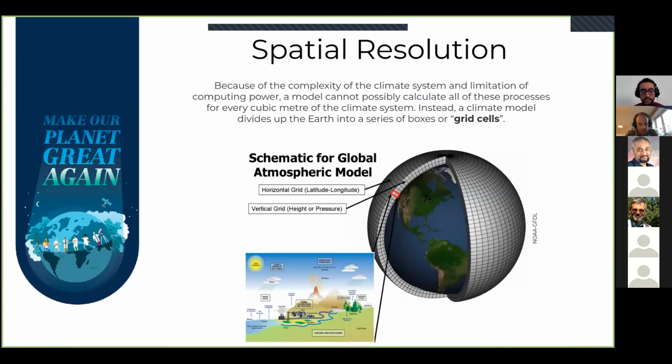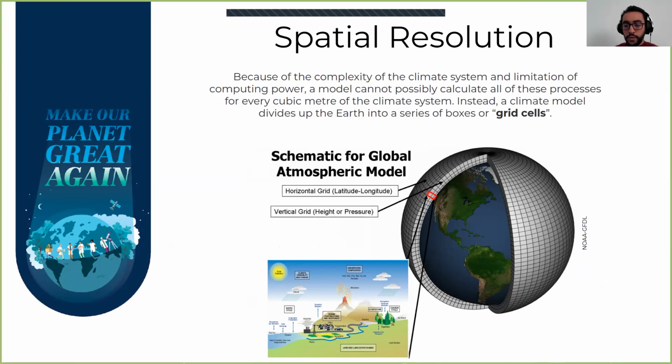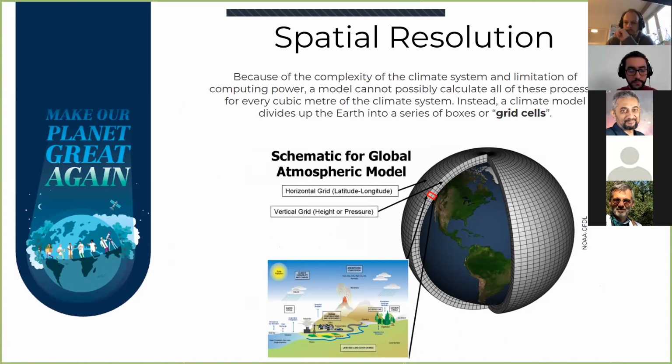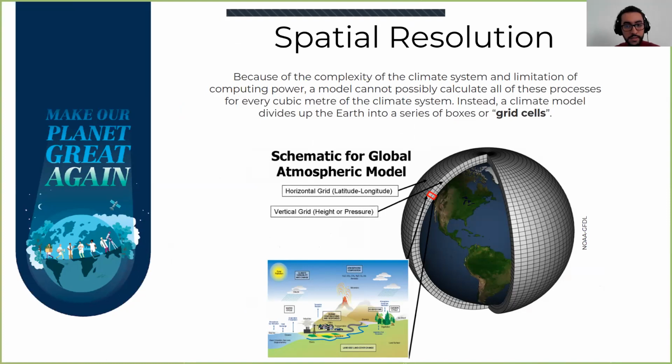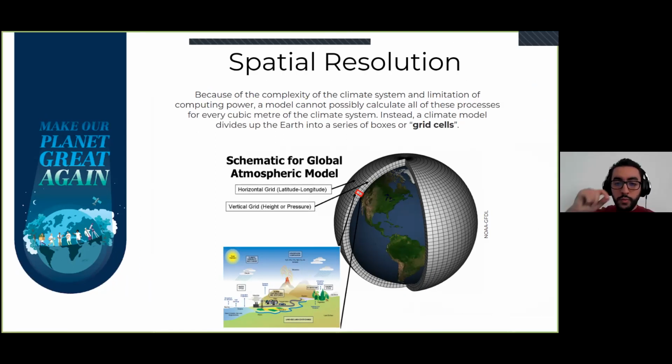So there is a question here, which is about if you try to imagine solving these equations on the whole globe, you clearly see that it is very, very difficult, all right? Because actually there's this question of spatial resolution. What is the spatial resolution you will consider? The climate system is very complex. And of course, if you try to model every point in the globe, you will need a